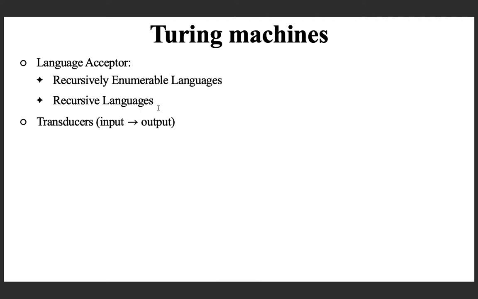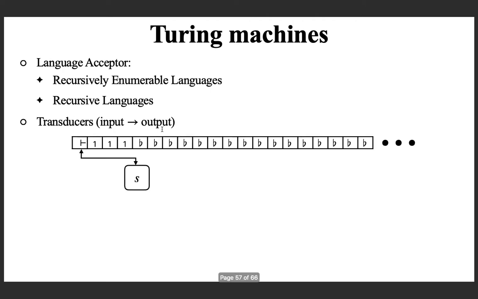And we will also discuss Turing machines as transducers. This is the first time we are discussing a machine which can take an input and give you an output other than yes or no. Maybe we can see an example now. Suppose a Turing machine is given this input. You are in the state S, and what is the input other than the blank symbol? It is 1 1 1.